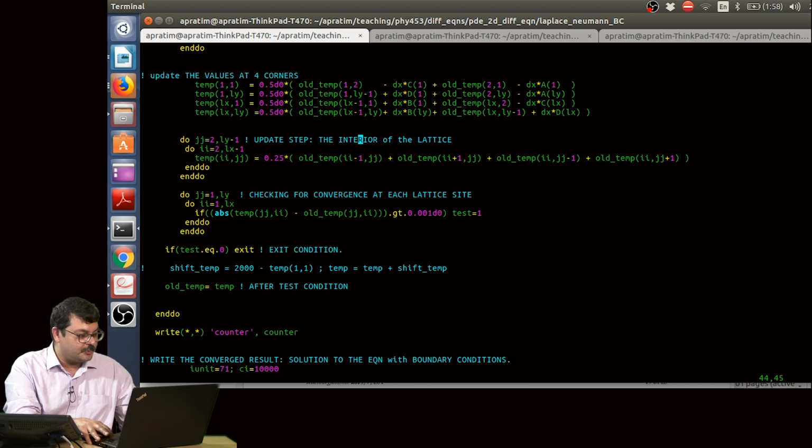So, you go to each lattice point in the interior from 2 to Ly minus 1 and 2 to Lx minus 1. Write down the expression which you get by solving the finite differences method, which was also discussed last time. You update all the points, the new temperature, right. Then you check for convergence at each lattice point, right. So, you go to each lattice point and check the difference from the old value of temperature to the new value of temperature, right, and if it is above a certain tolerance level, say 0.01 or even if you put 0.001,